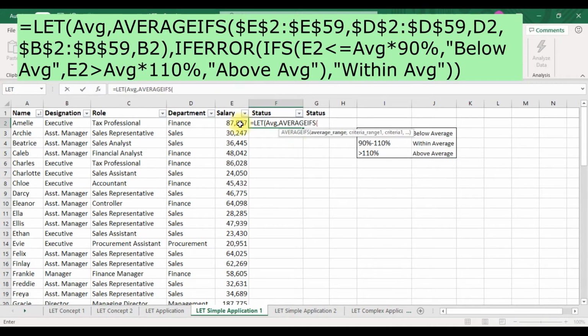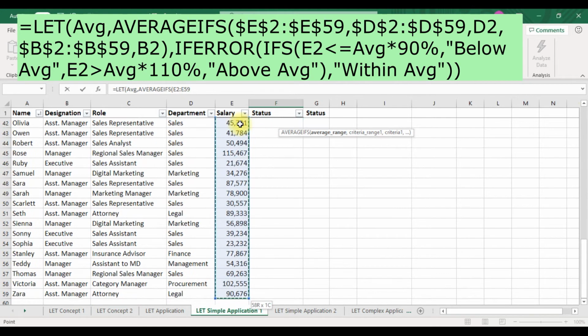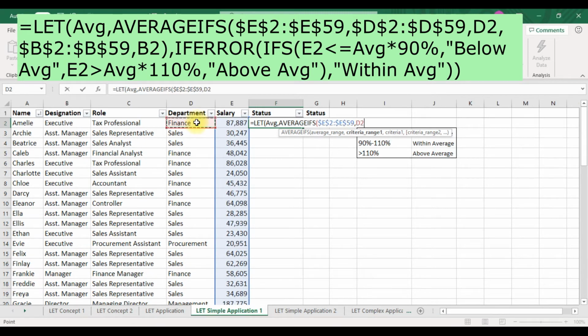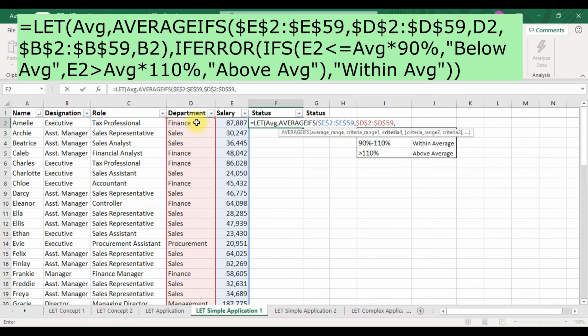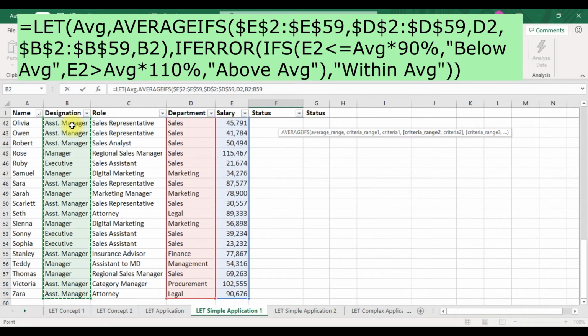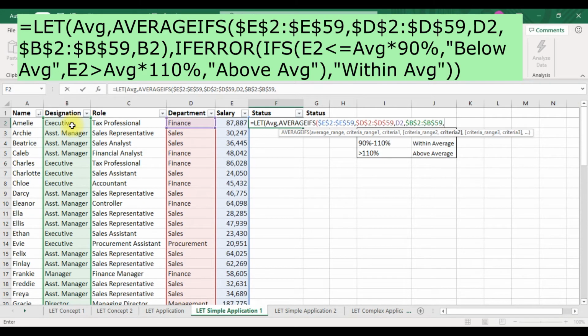AVERAGEIFS, my average range is this. Freeze, my criteria range 1 is this department, freeze, my criteria is this. Then my criteria range 2 is the designation, freeze, and my criteria 2 is this.